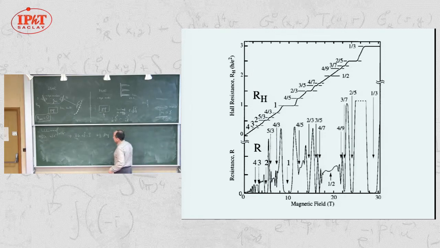So let me first go back to the simplest case of the wave function for the filling 1. In this case, I mentioned that if you construct the Slater determinant with all orbital fields, then the wave function